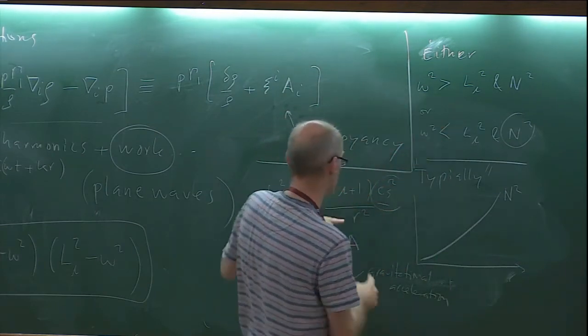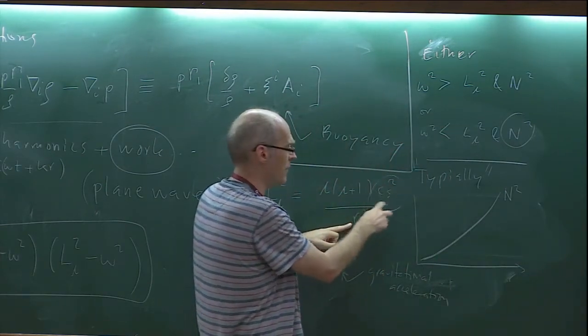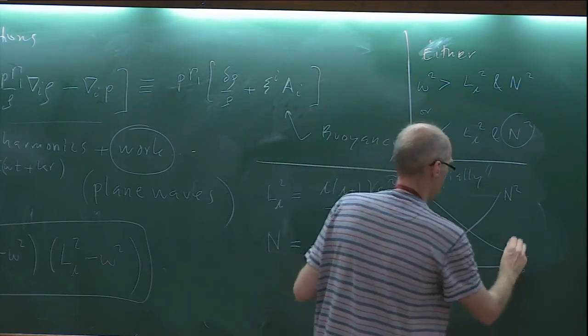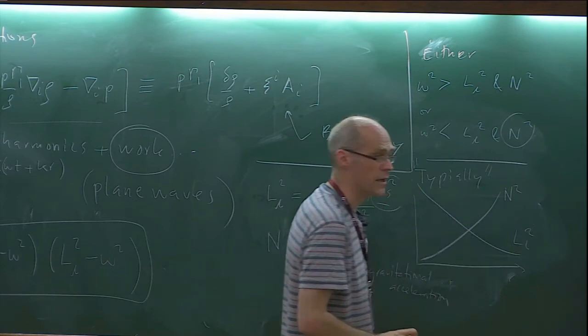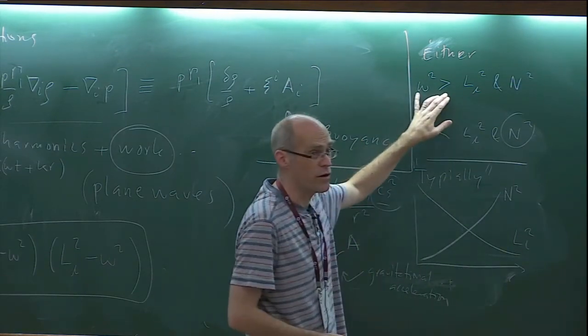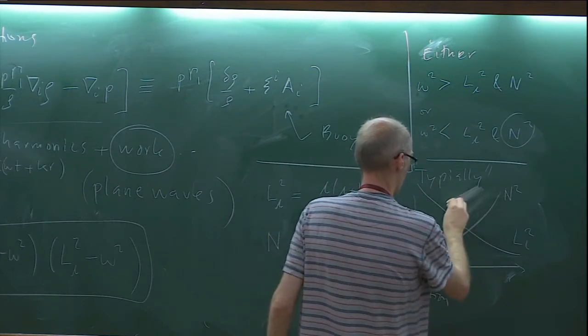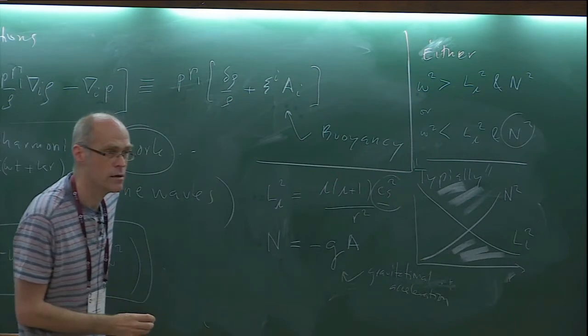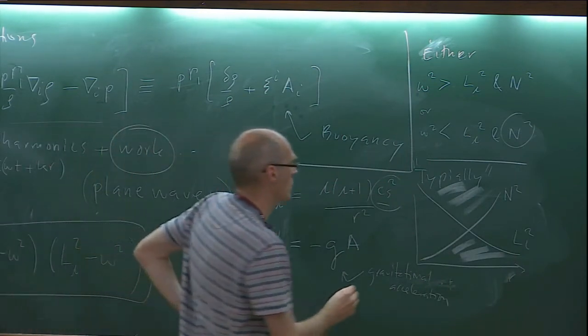This guy has a 1 over r piece in it, so if it's roughly constant sound speed, which is not true, then it will go something like this. Okay? And now what did we learn? We have to be above both curves, below both curves. Okay? Up here,